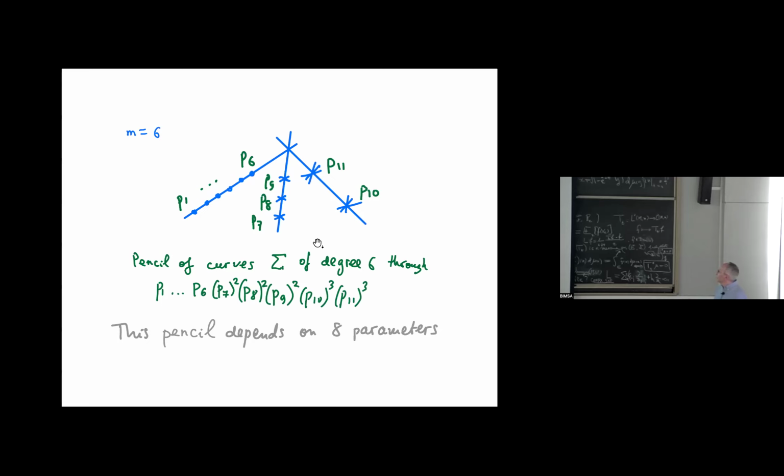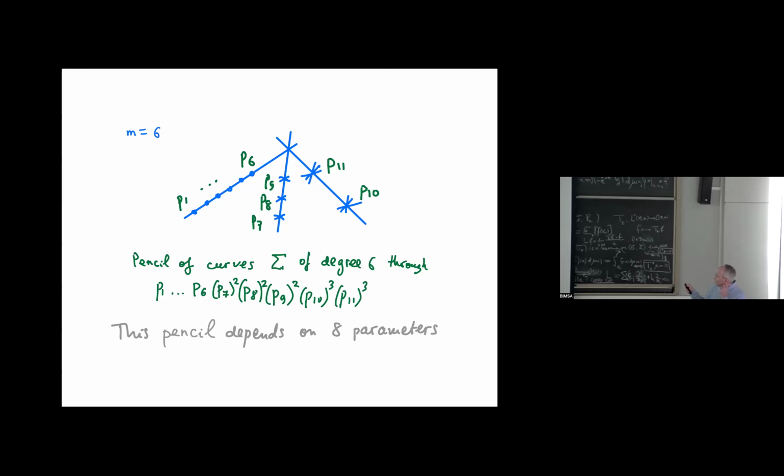So P7, P8, P9 should be double points, and P10, P11 should be triple points. And if you think about that again, you can figure out that this configuration effectively depends on 8 parameters, and these 8 parameters